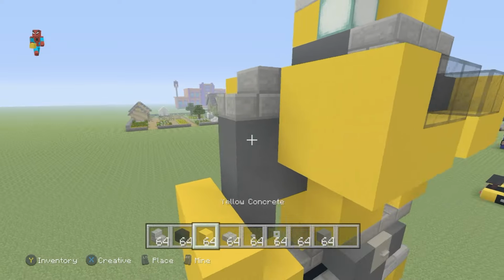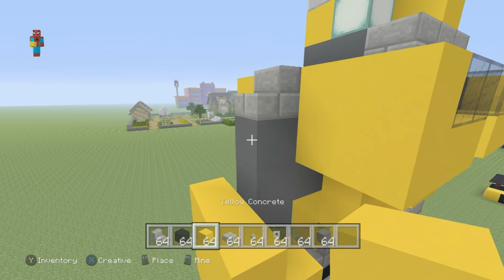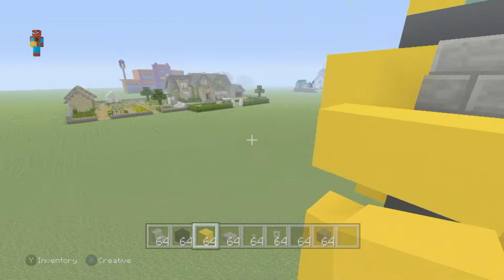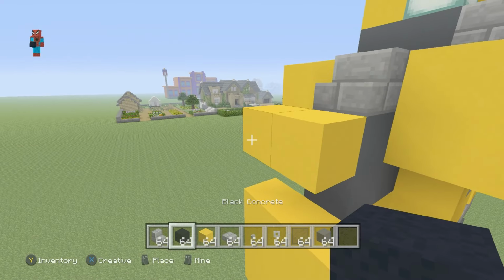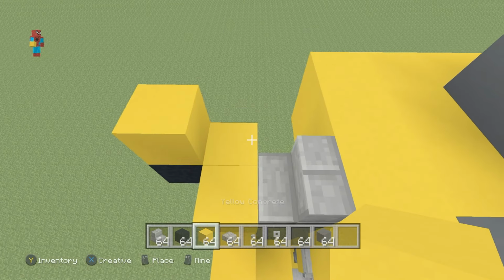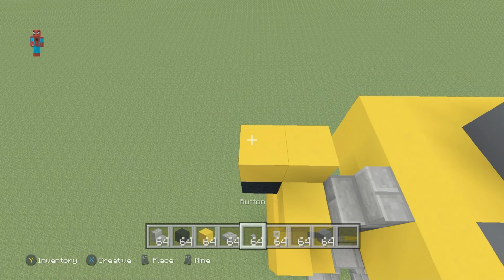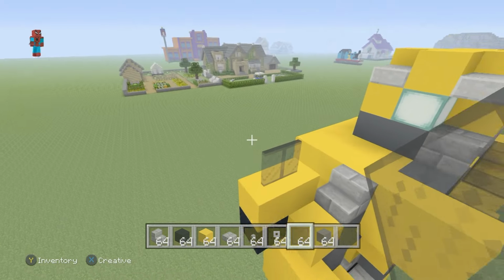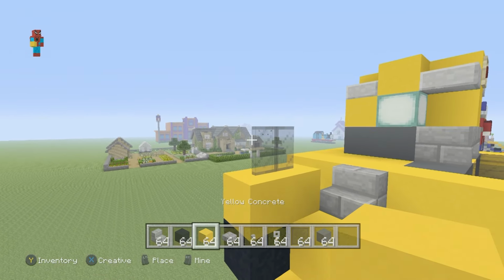What we then want to do is take the grey concrete at the top of the arm now, and place a yellow concrete going left of the grey, and then a yellow behind it, a black concrete left of this, place yellow on top of the black and the yellow, place black stained glass pane on top of both of those yellows,